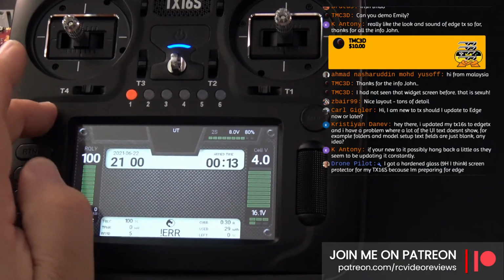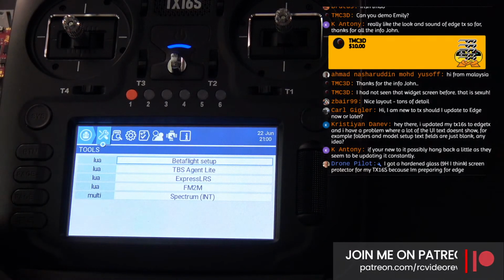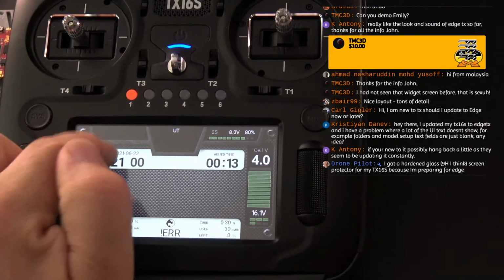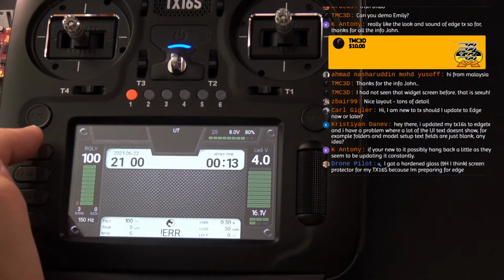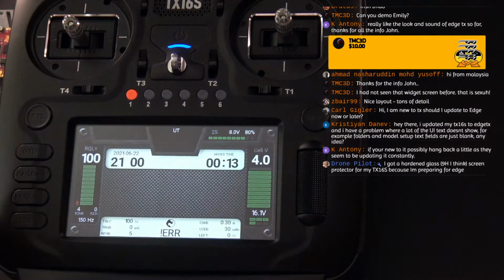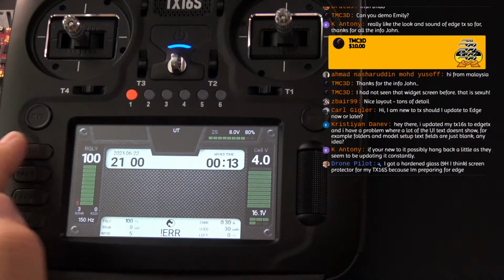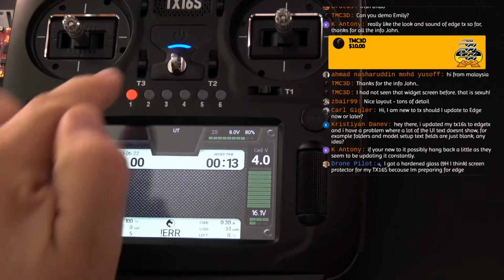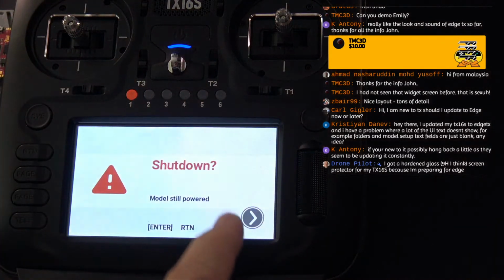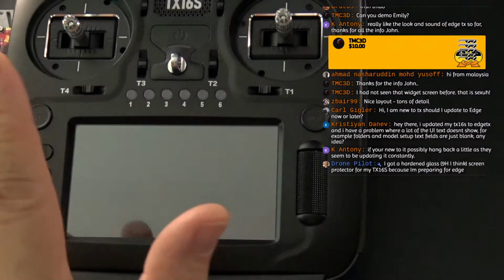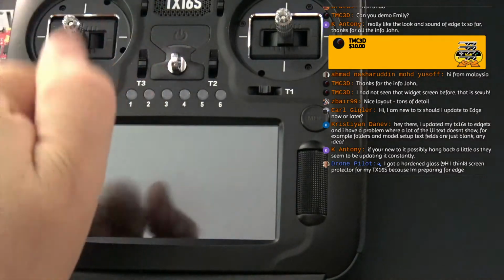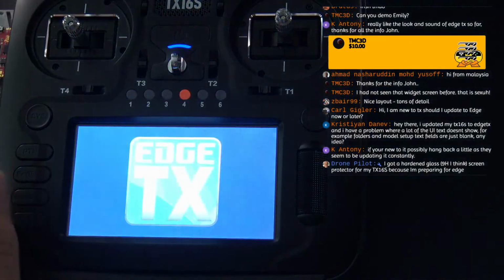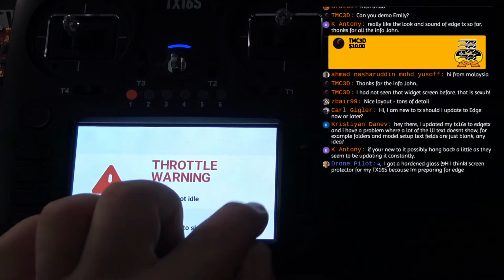See, I saw that before too. There's escape, and now I'm back at the screen, but when I touch it, it's almost like it pages out. I hope the guys, I know they're watching. But it seems like when I page out, I can't get out of this, even if I long press. No, that's an interesting thing. But like I told you, that's beta, right? That's beta. So I don't even necessarily hold that against EdgeTX. That could just be a function of that script being a beta script that still needs some tweaks here and there.